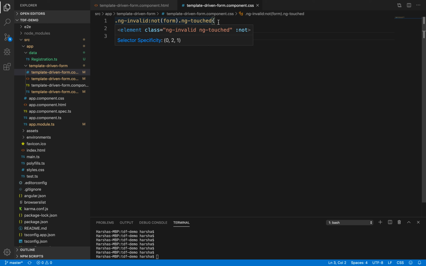Dot ng-touched. ng-touched means whenever we are modifying any input field, that is, whenever it is invalid and whenever it is touched, in that case I want to display a border of 1 pixel solid red. That is what this indicates.